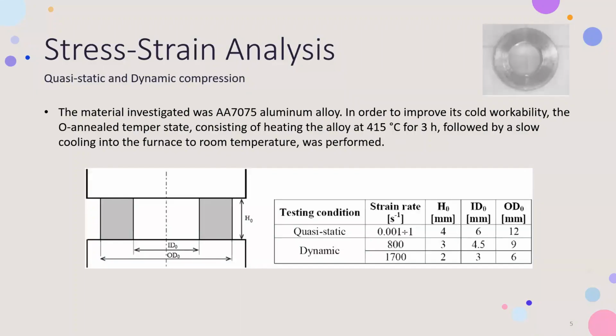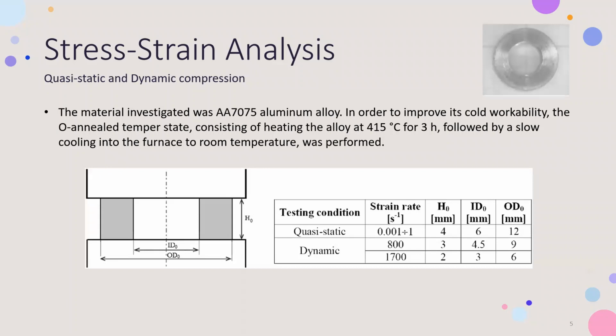So if we take a look at the stress strain analysis of aluminum 7075 and its alloys, we can first start to define different kinds of analysis that are going to take place, that we're going to test. The first ones are going to be quasi-static and dynamic compression, and the other two are going to be quasi-static and dynamic tension. So if we look at the test,